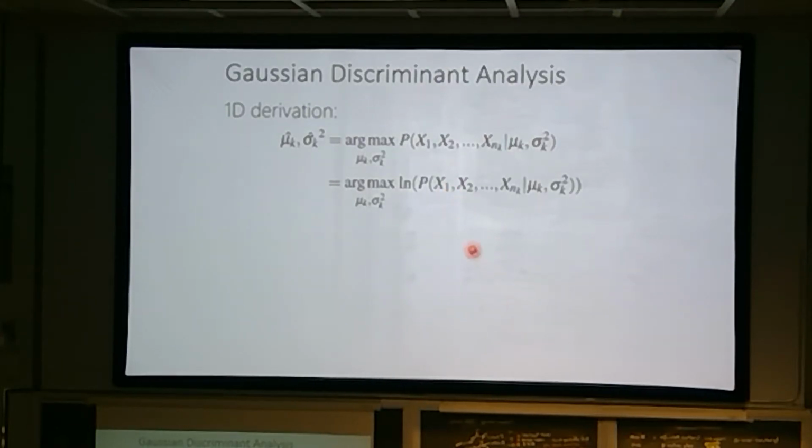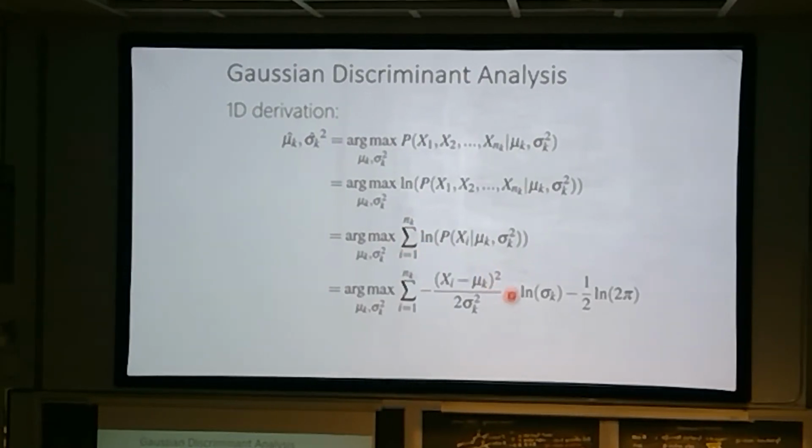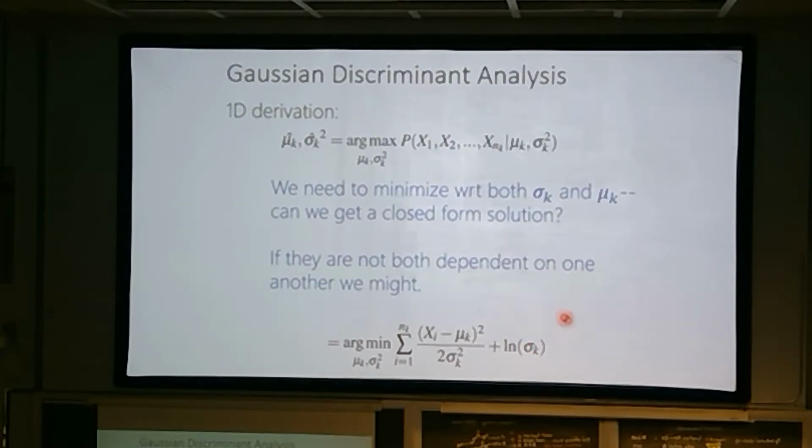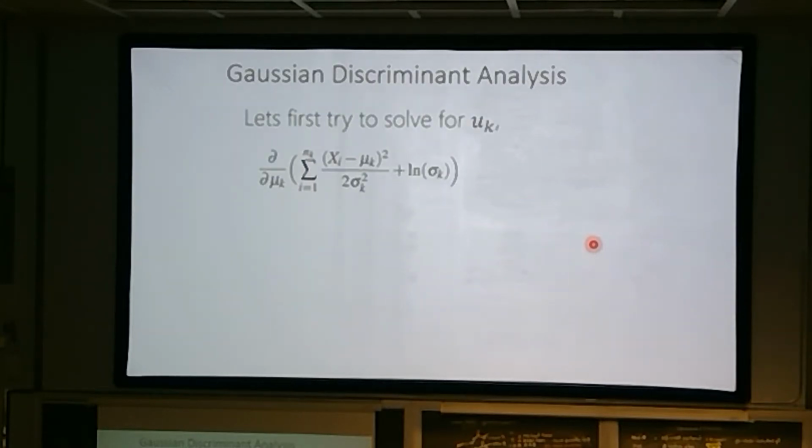We're going to take the log of it, which we always do, and then say that it factors by data point, so now we're summing over them. Then all I'm doing here is plugging in that it's a Gaussian density. And 2 pi is not relevant, so that drops out. So we need to minimize with respect to both sigma and mu. The question is, can you do them independently, or are they tied together? Maybe you've seen this in another class, but let's solve for the mean first.